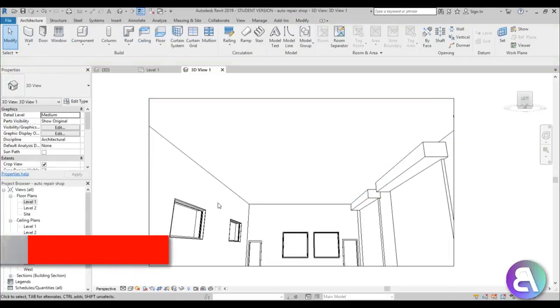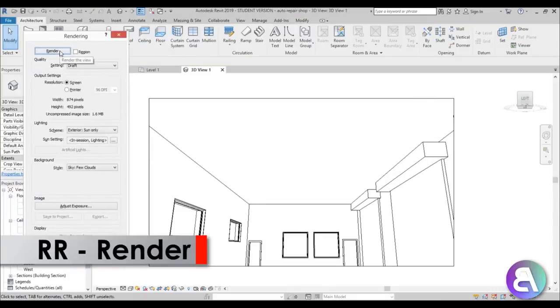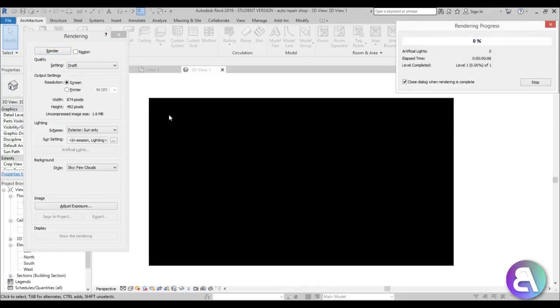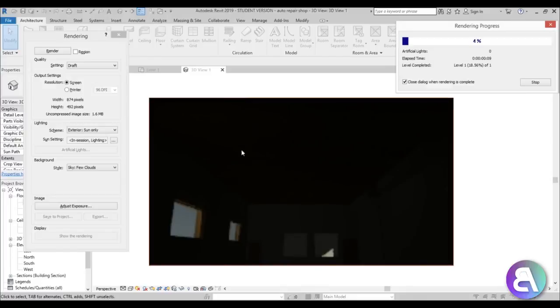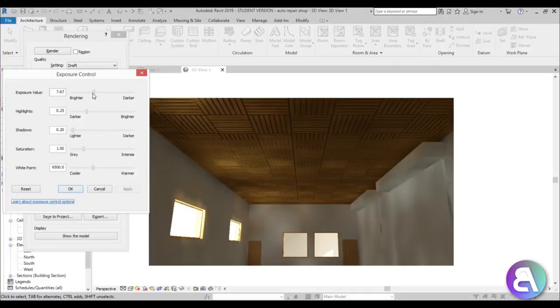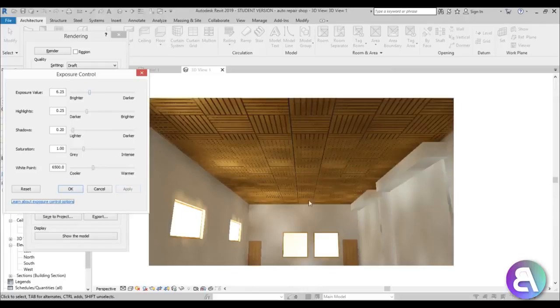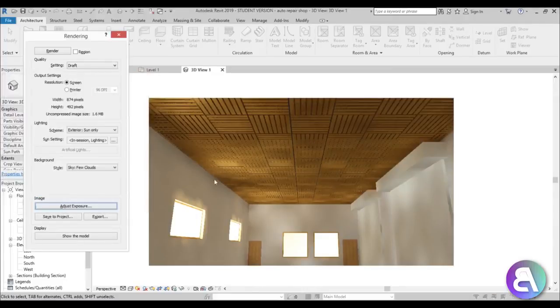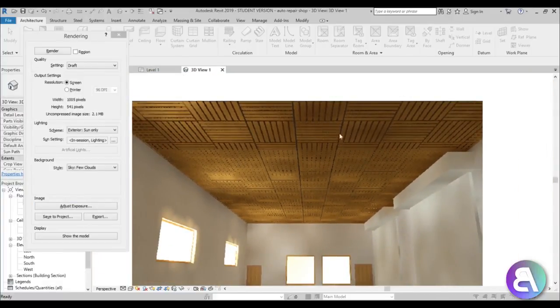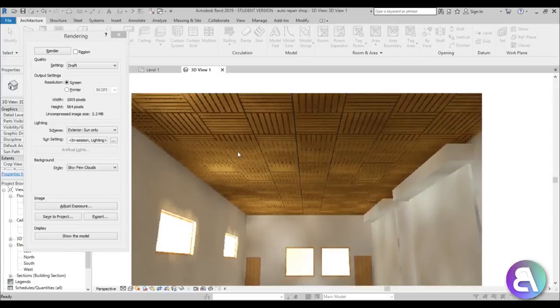So I'm just going to go here, double R for render, hit just as normal settings rendering, and then we can bring up the exposure later on. As you can see now, it's way too dark, but don't worry, we're just going to bring up the exposure. So go here, bring this to brighter, go apply, and as you can see here we have our amazing acoustic ceiling. So it basically copied all of the holes from our cutout map, and it created this amazing looking acoustic